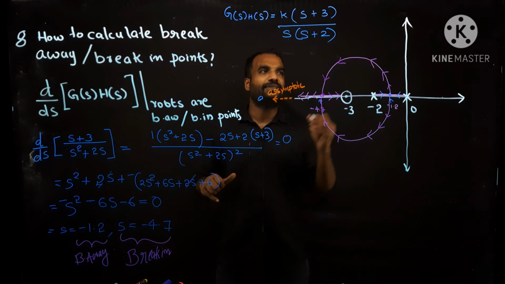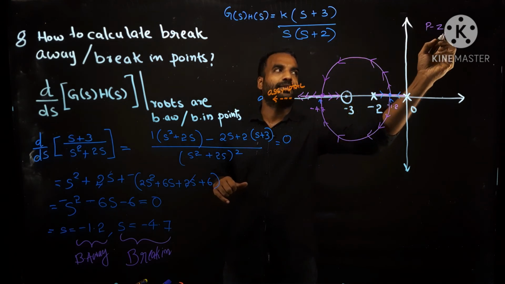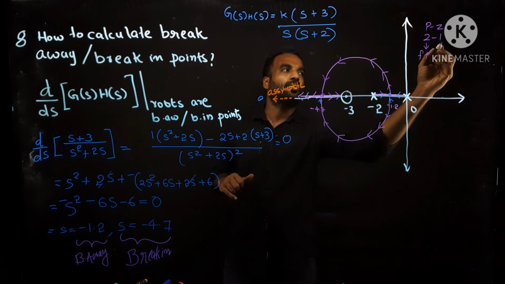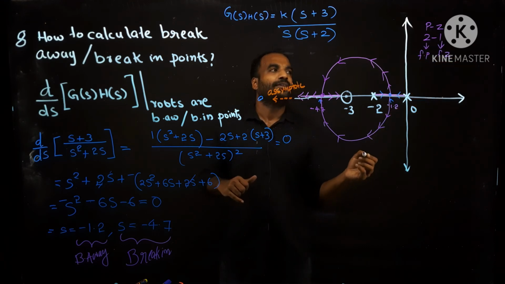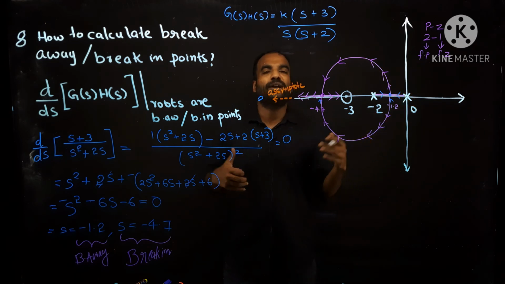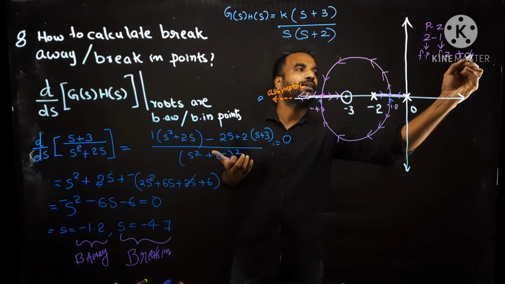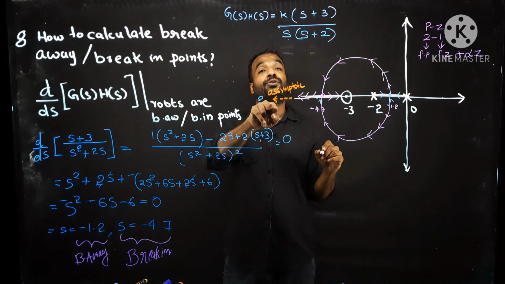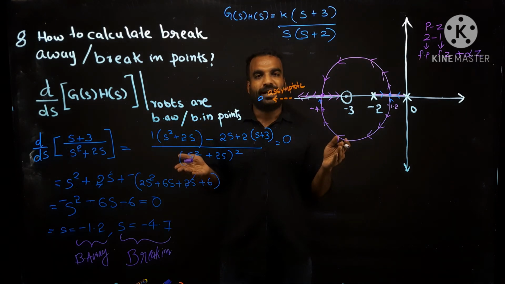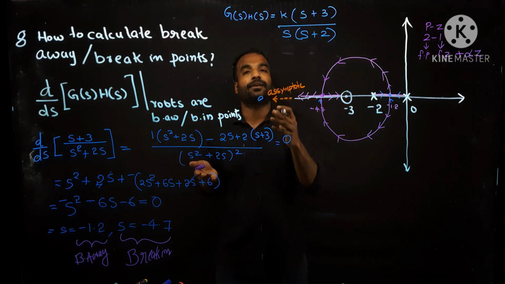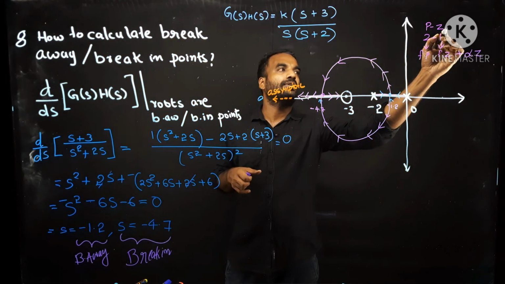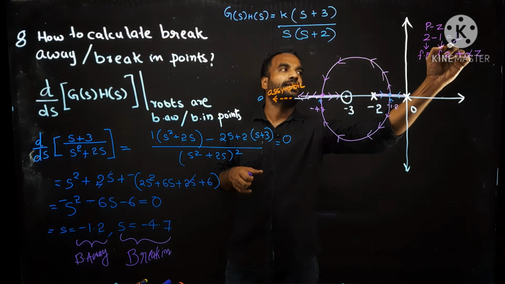That's why initially we checked the value of P minus Z, number of poles minus number of zeros. Pole is 2, but zero is only 1. 2 finite poles are there, but only one finite zero is there. So what about the other pole? The other pole has to find its zero, so it will be an infinite zero. That's why asymptotes will give the direction to the infinite zero or infinite pole. Asymptotes will guide your root locus diagram how to travel to infinity. If P minus Z is 2 minus 1, that is 1, that's why 1 asymptote.